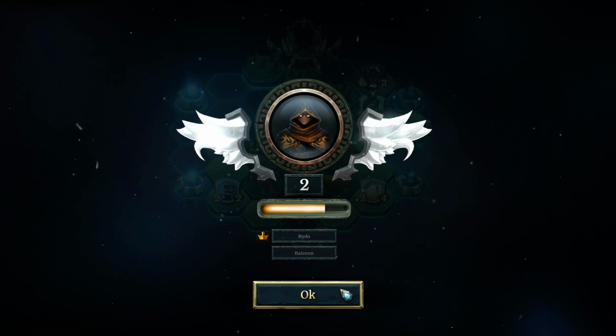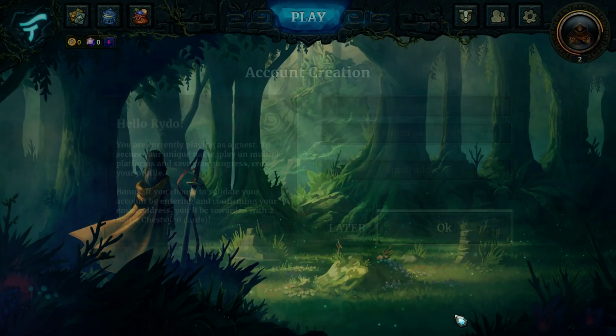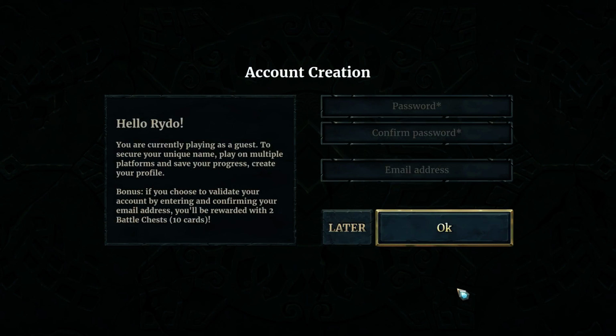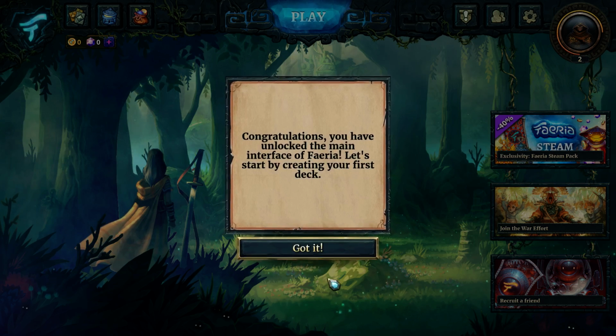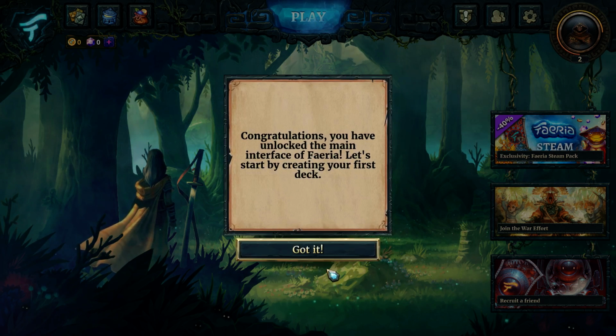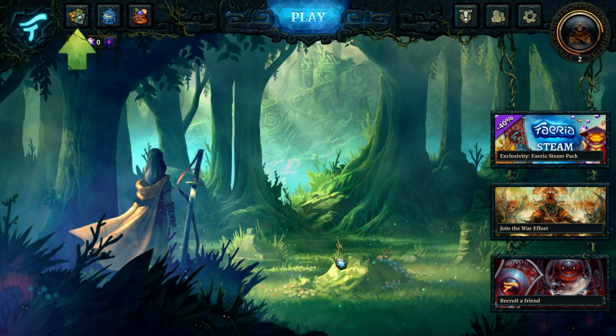And so here we are at the green starter section. We can finally actually get into the game. Alright, and so it wants a password. And I'm currently placed as a guest. I guess I'll just click later. You'll continue as a guest. Users' guests will lose their progression if they uninstall the game and cannot use cross-platform connectivity. Are you sure you want to continue? Sure. You've unlocked the main interface of Faeria. Let's start by creating your first deck. Alright, so